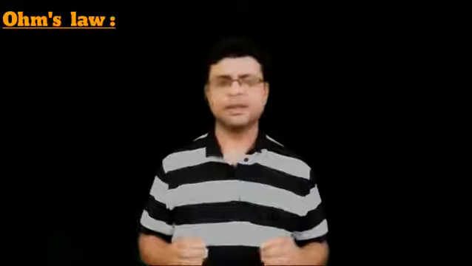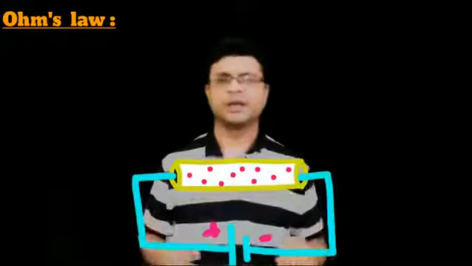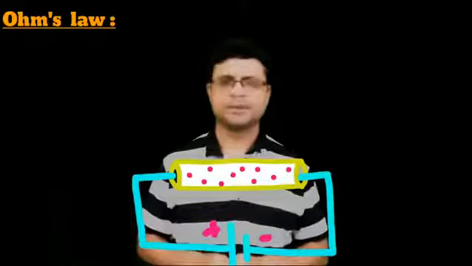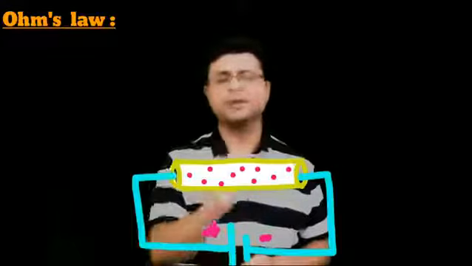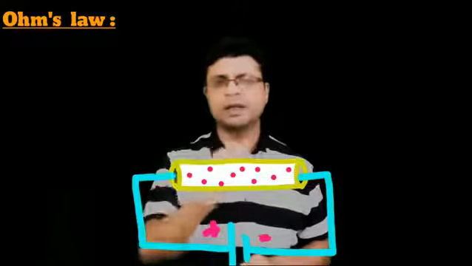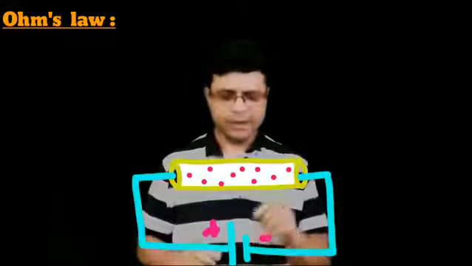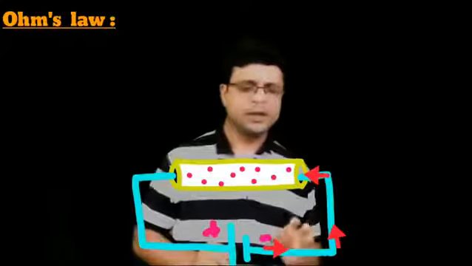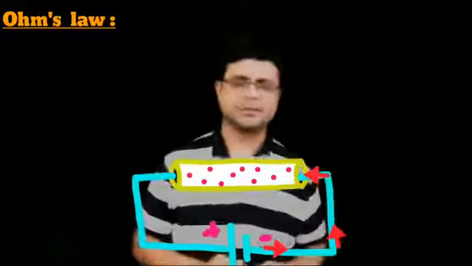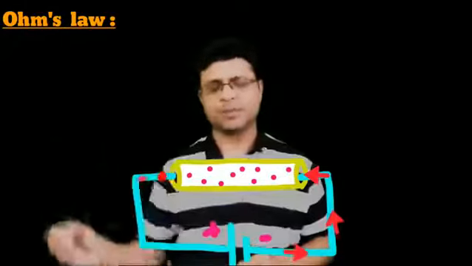Okay, this is very interesting. Here we take a conductor and a battery is connected across this conductor. You can see in the diagram. Now there are so many free electrons in the conductor. These help the flow of electrons, or electricity, or electric current. And you can see in the diagram, there is a negative terminal. This negative terminal will repel the electrons, will push the electrons so that they can move toward the positive terminal.